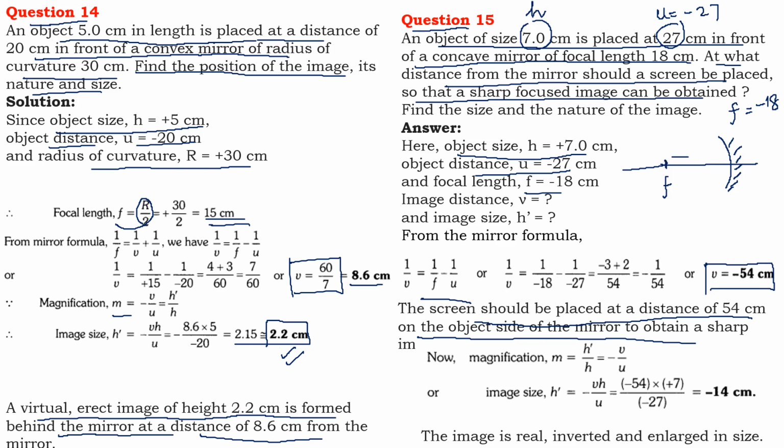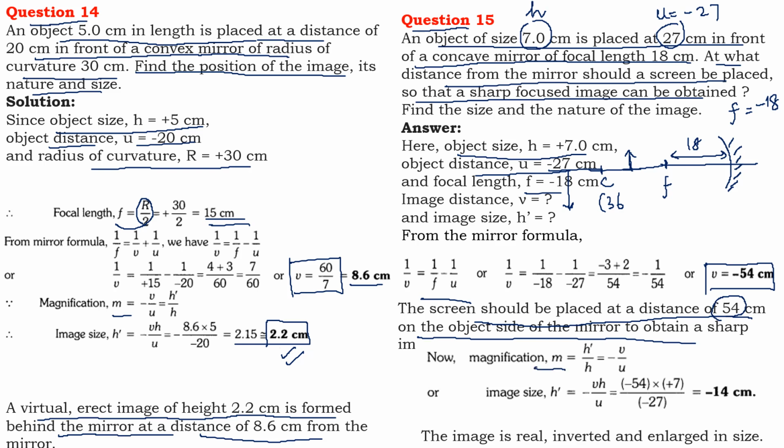27. This distance was 18, isn't it? And then the center of curvature will be how much? The center of curvature will be 36, twice 18. The object is placed between these. Okay, so you know also that when the object is placed between C and F, the image is formed beyond C. That we have studied also with the laws of the formation of images. So v is coming as minus 54 and the screen should be placed at a distance of 54 centimeter on the same side of the object.